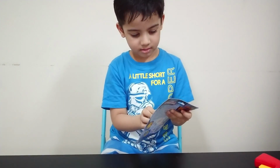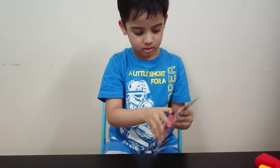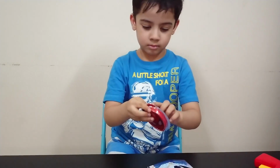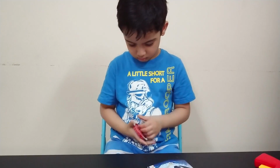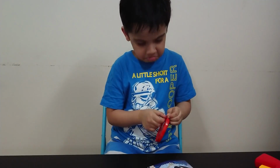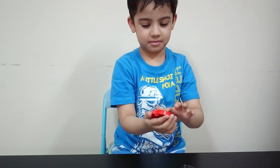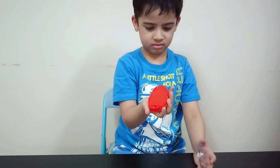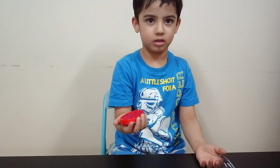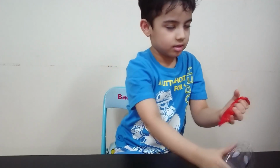What is this? Could you show it up to the camera? It's a putty head. Spider-Man putty head. I'm not so sure if it's licensed or not, but yeah, it's from Japan. I'm sure they've got their licenses or something. What is it? Is it slimy or something? How do you even take it off? What does it say, Spider-Man? Maybe? It's basically putty, I guess. You shape it into something or...